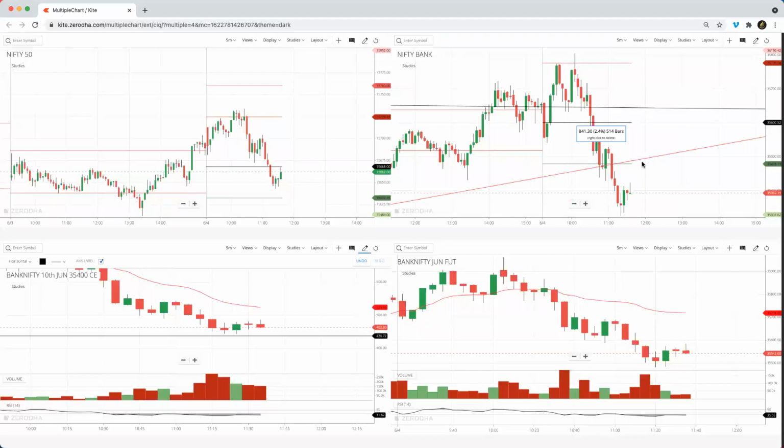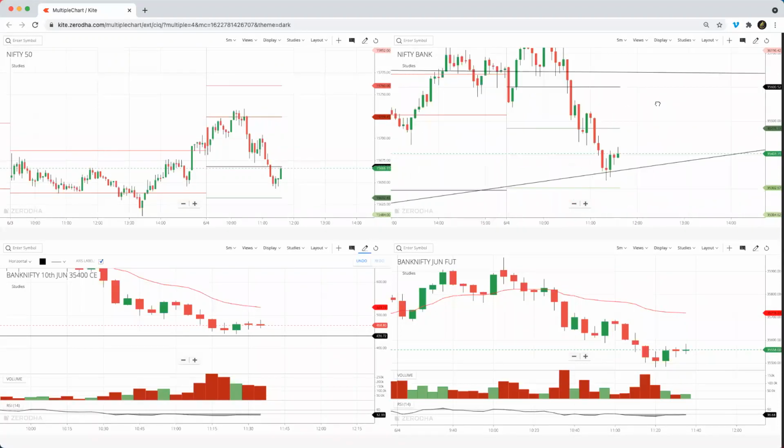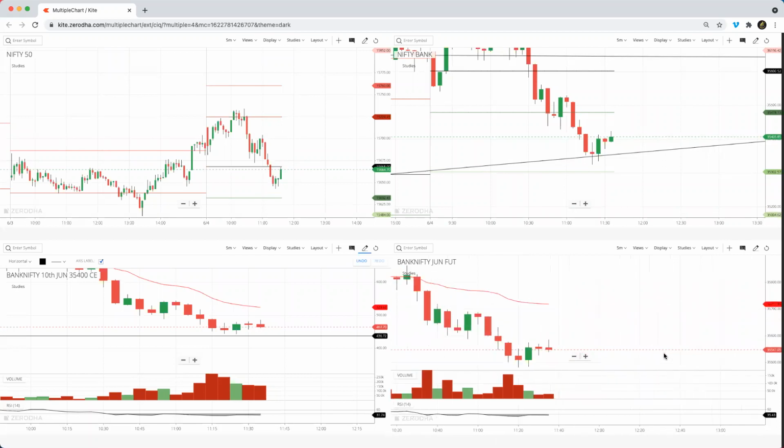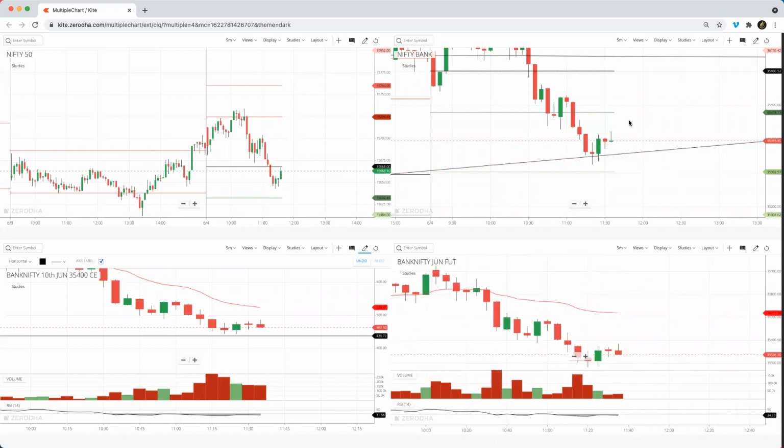Now let's actually watch. Oh my god. Yeah. So Sarthak is saying it is forming lower lows and lower highs. You are right. It is forming lower lows and lower highs. But since this is a very significant, pretty strong trend line, that is the reason we thought about checking out for long opportunities over here. But so far there is no conviction for us to go for a long because of the fact that